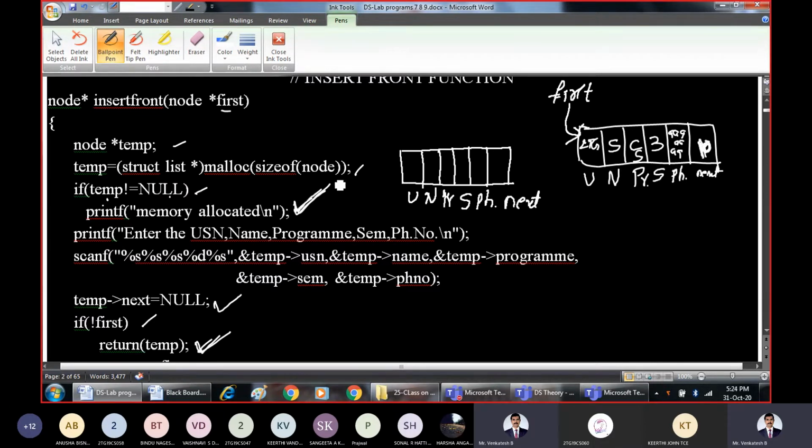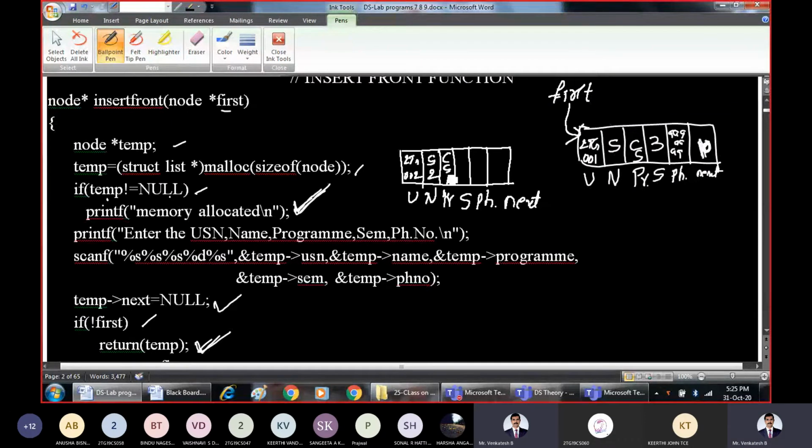Obviously temp is not null, memory gets allocated. Then ask the user to enter the USN, name, program, semester, phone number, all these details. So let us say again the USN is 2TG something 002 now. Earlier 001 I had given. It is Shri. Now I will take Shri 2, some name 2.